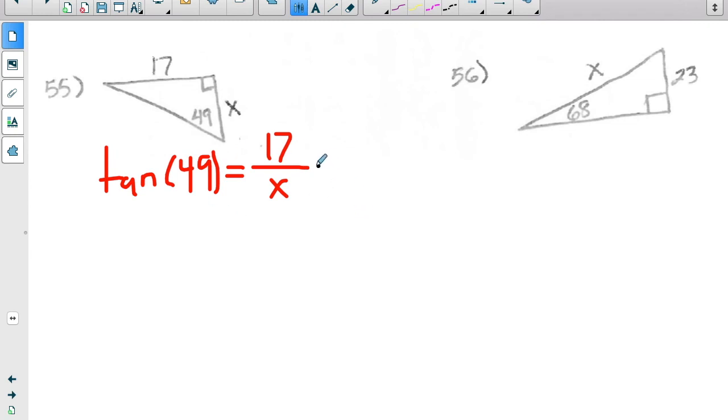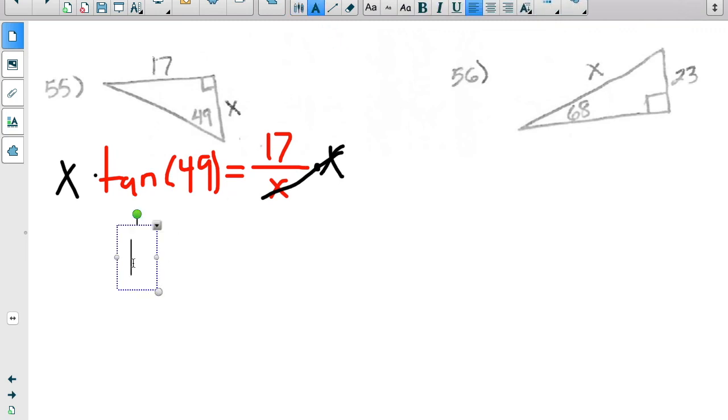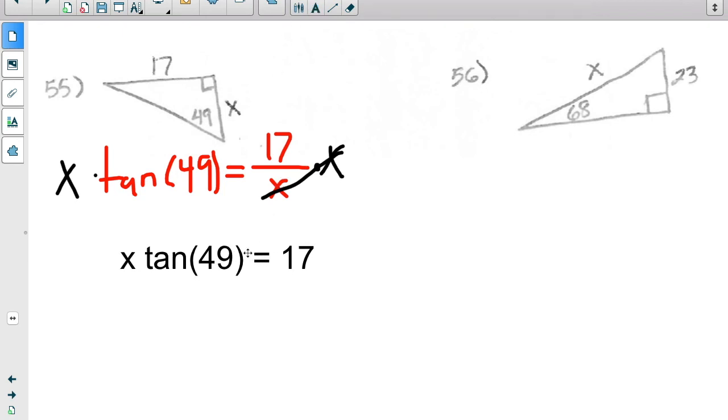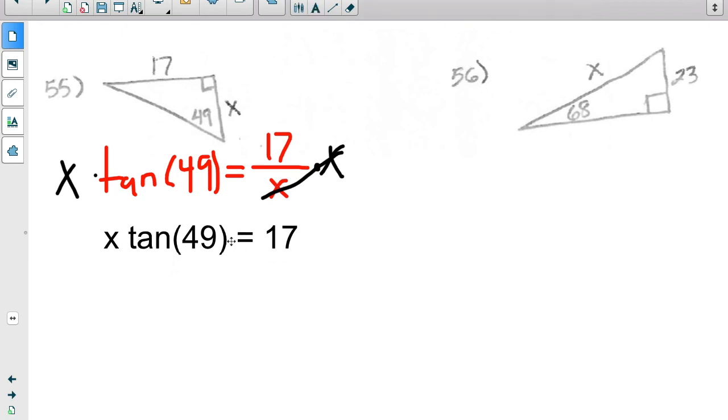Now again, we're trying to solve for the value of x. The first thing I'm going to do is multiply both sides by x, because x and x will cancel. And what that gives us is x tangent of 49 degrees is equal to 17. So when we look at this here, is x by itself? Well, no, it's being multiplied by our tangent of 49 degrees. So we need this to simplify because we need x by itself. So what we can do is divide both sides by